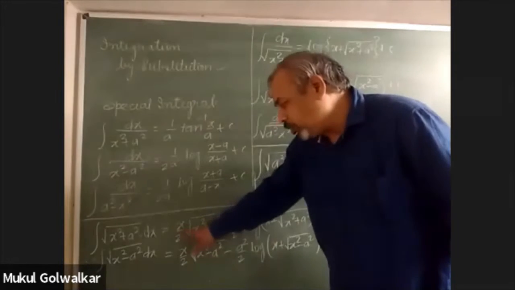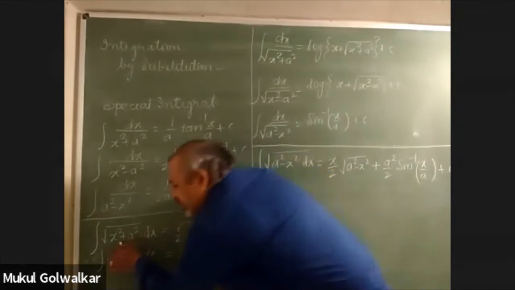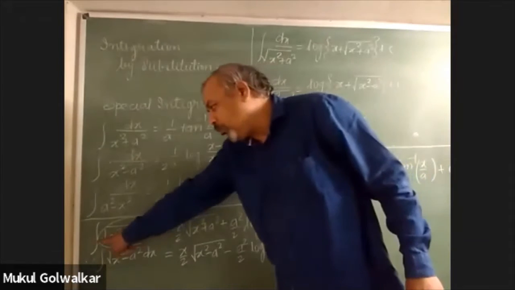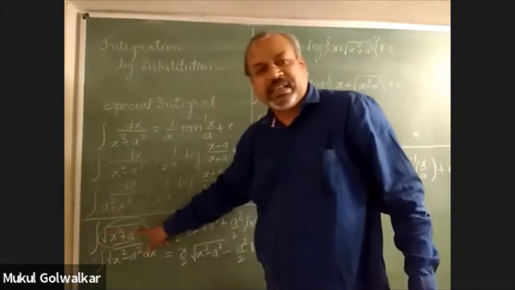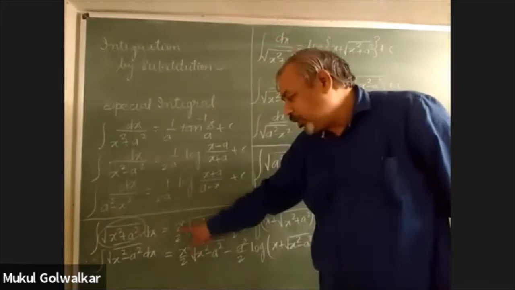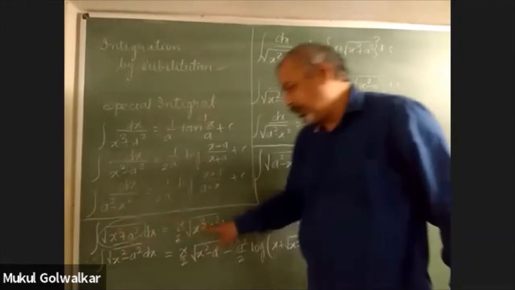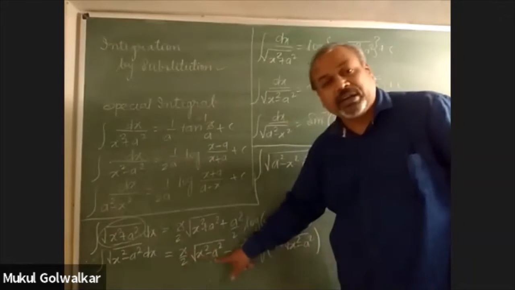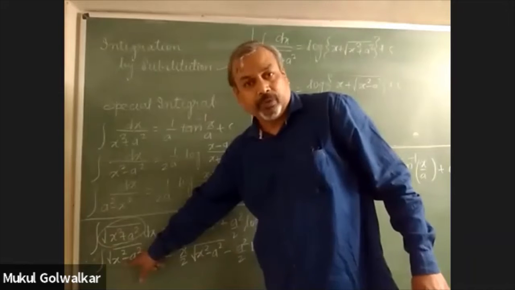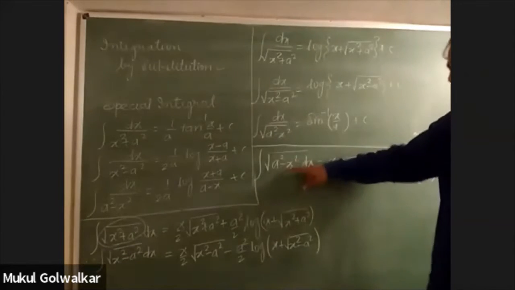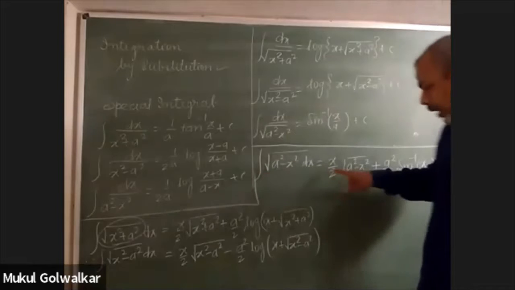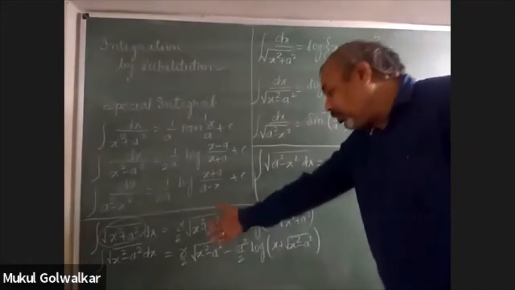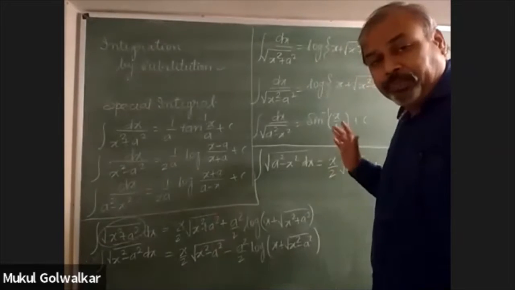Okay. And this x by 2 is multiplied by the very same function which is being integrated. Okay, so if you are writing the formula for integration of under root x square plus a square, in the first term x by 2 will get multiplied by the same function. You notice the same thing in the second formula. This x by 2 is multiplied with the quantity which is being integrated in the formula. Okay, likewise here under root of a square minus x square is integrated, so x by 2 is multiplied by the same function. So I hope you must have observed this similarity in these three formulae.